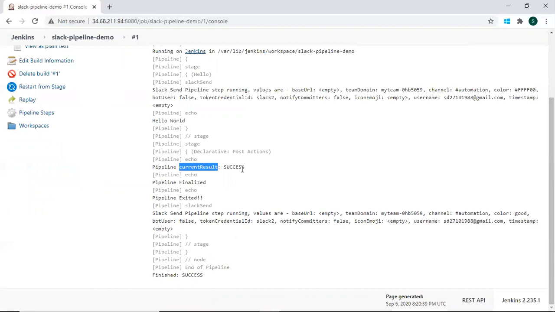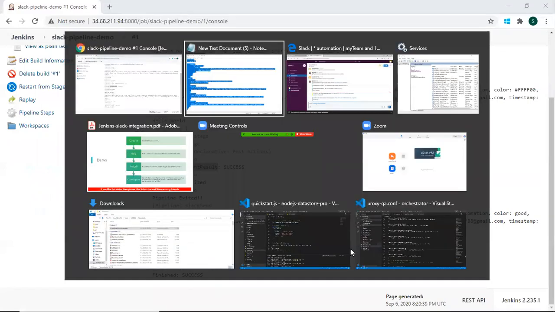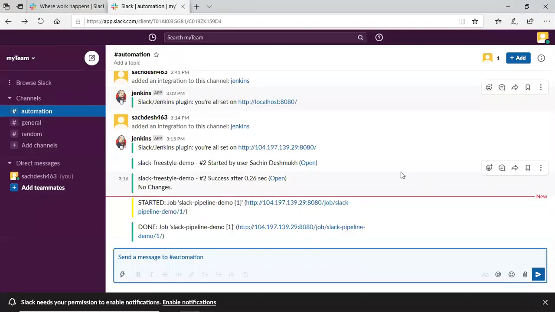Current result is succeeded, and this function of Slack send the message to the Slack. Let's see. You can see the started job Slack pipeline demo, and then we got this done message.